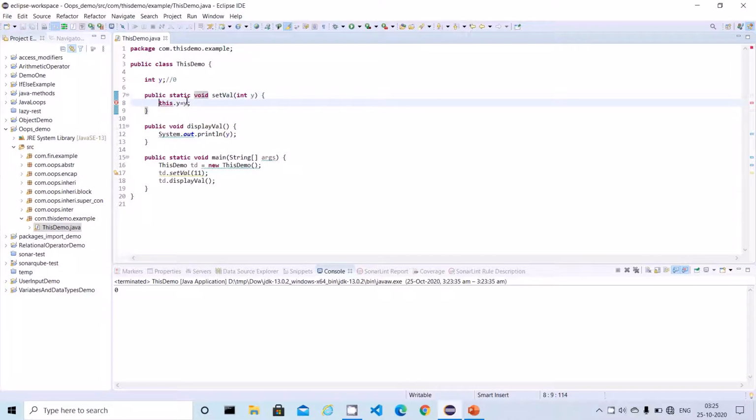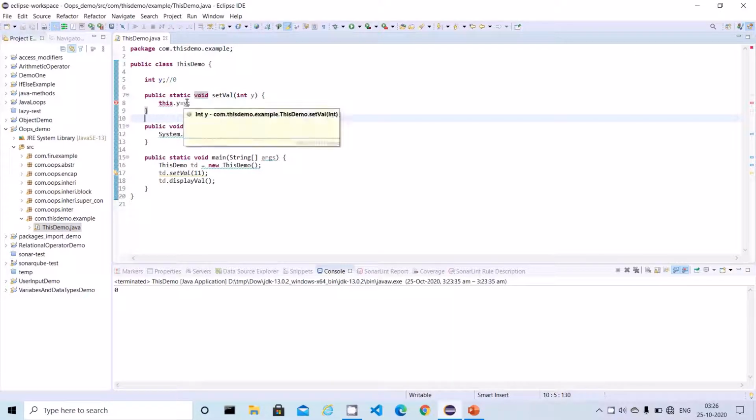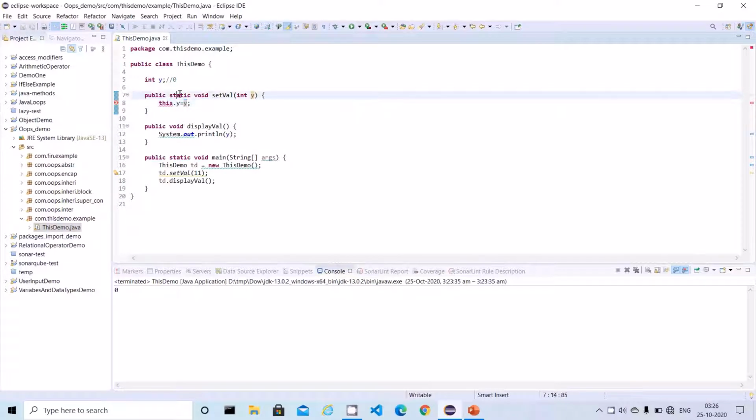That means this keyword is specific to an instance, it's not specific to a class, right? The static is specific to a class. So inside static, this will not work. This is a point we need to keep in mind whenever we are trying to use this keyword. That method should not have the static keyword as part of the signature, right? This is one of the points I just want to highlight.